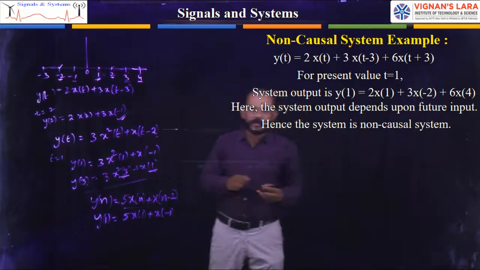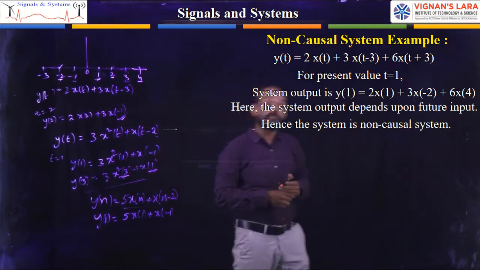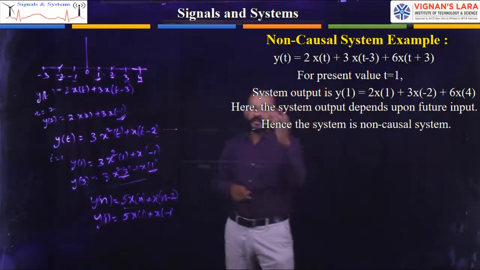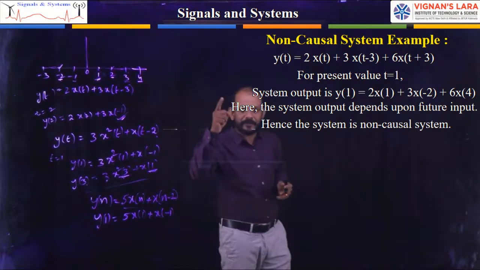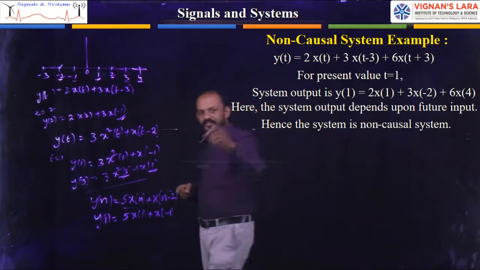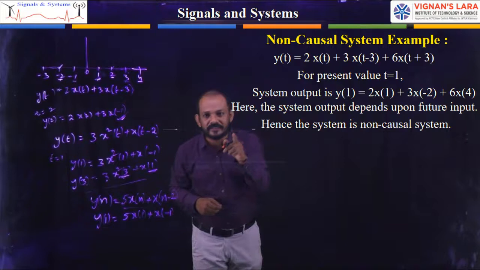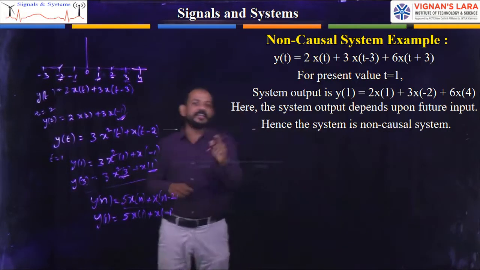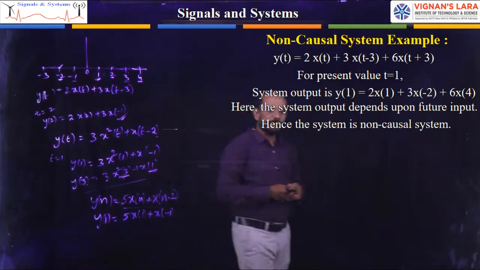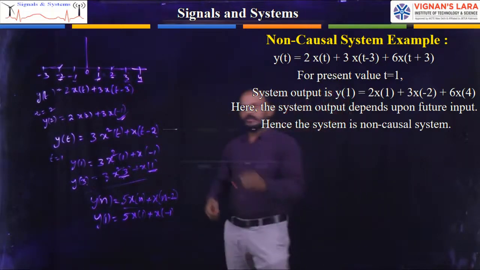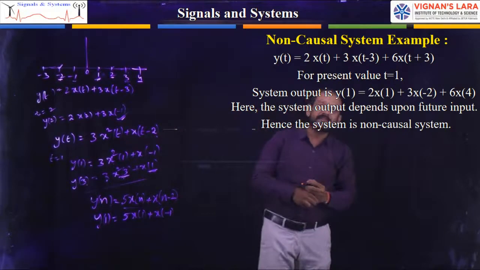And simply here the output is dependent on both past and future. So you can say that this system is also a dynamic system, because if the output depends on past and future values, I can say that system is a dynamic system. So you can say this system is a non-causal system and a dynamic system, but you can't say this system is static, because static has to depend only on the present values. Now this system may be termed as a non-causal system and dynamic system